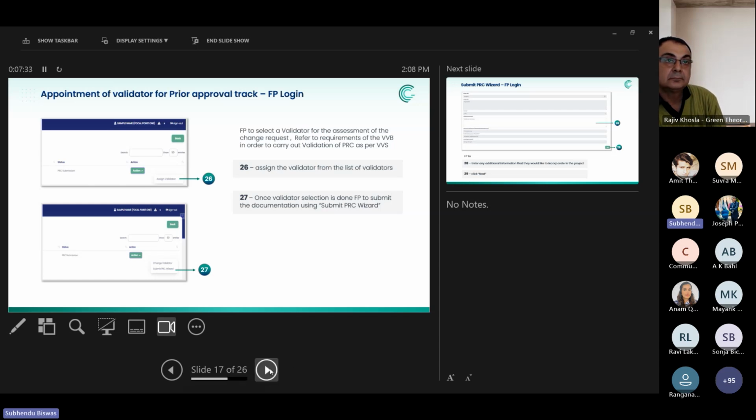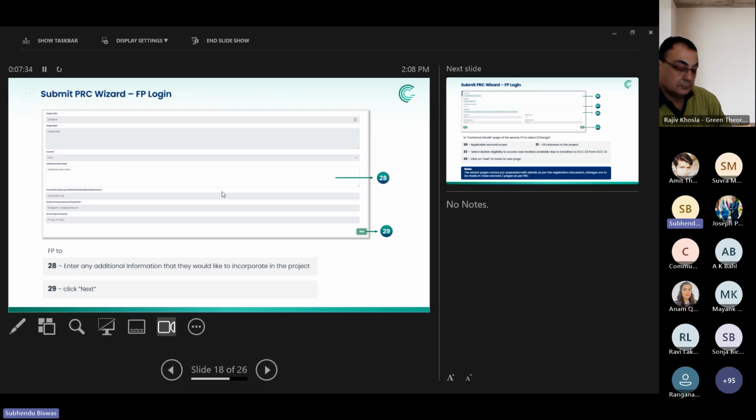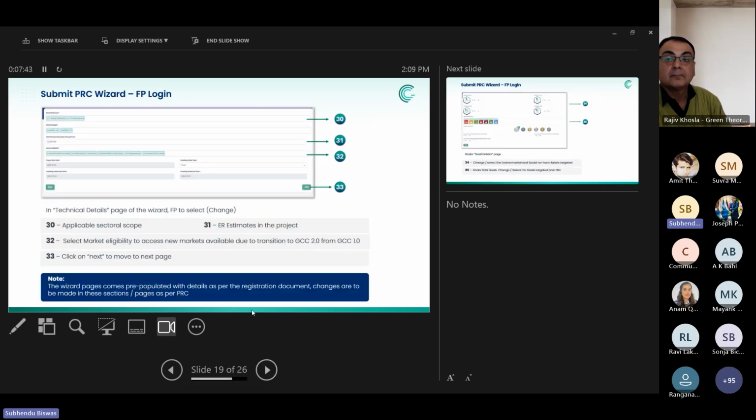What is the PRC wizard? The PRC wizard is like that in the registration. Same. It comes with certain pre-fill information from your registration, and it will also ask for the new changes that you're asking for. So you're asking for a change in new markets. You're asking for a change in type of crediting period from a fixed crediting period to a renewable crediting period. You're asking for a change in start date beyond a certain value,